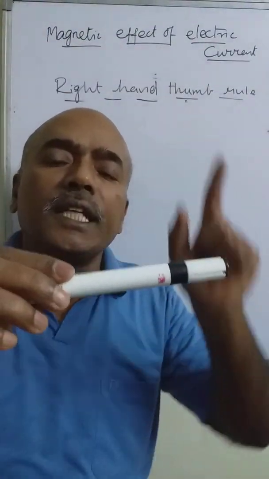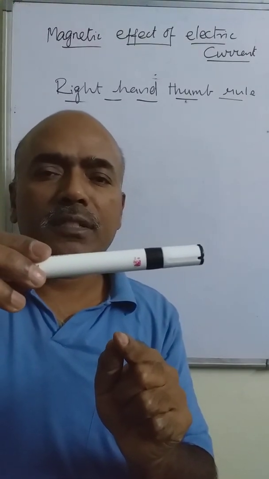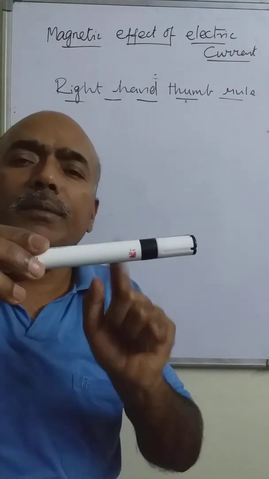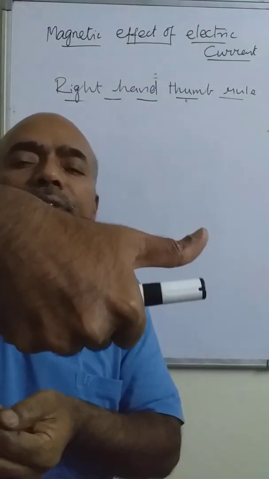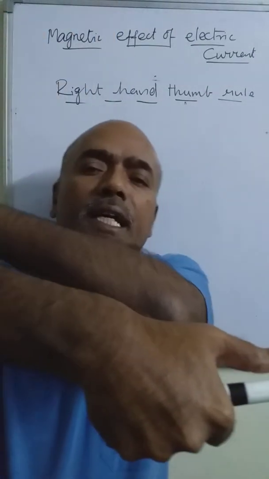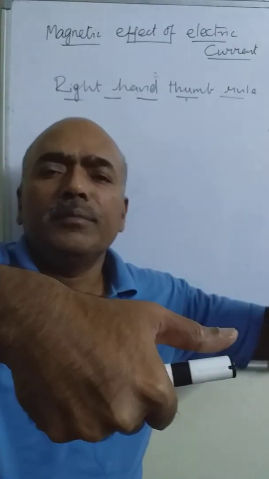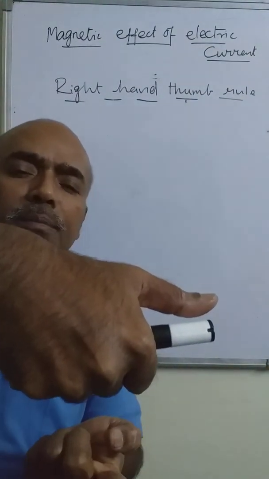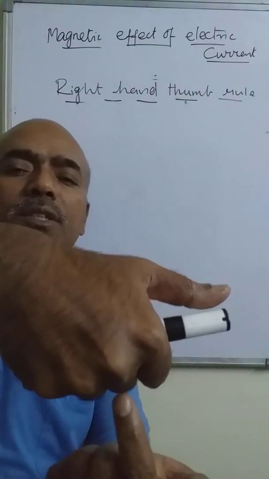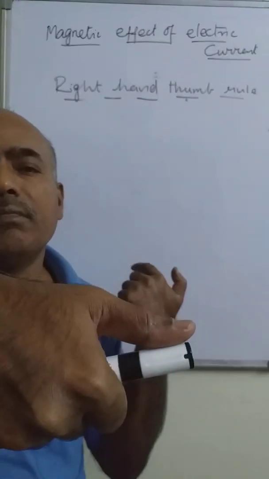Now what is the direction of magnetic field below this conductor at any particular point? That means at this point, what will be the direction? So direction can be determined by using right hand thumb rule in this way. This is the direction of current. Here this side, it is south and it is north. Current is from south to north. And at a point below this conductor, the direction of magnetic field is on this side. So this is towards west. So the magnetic field is towards west.